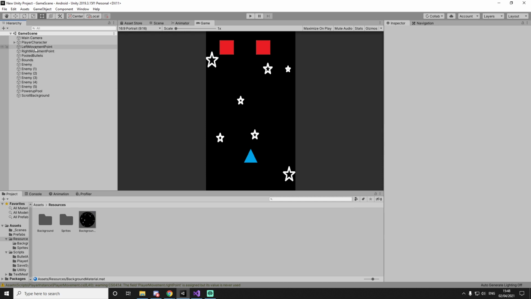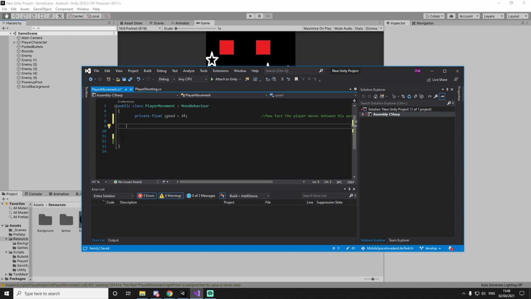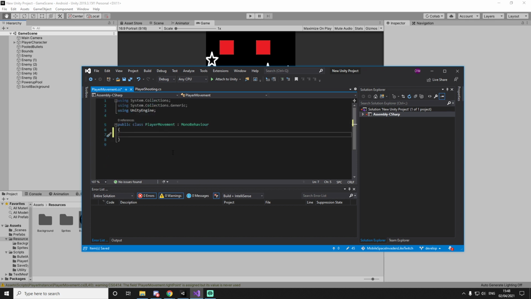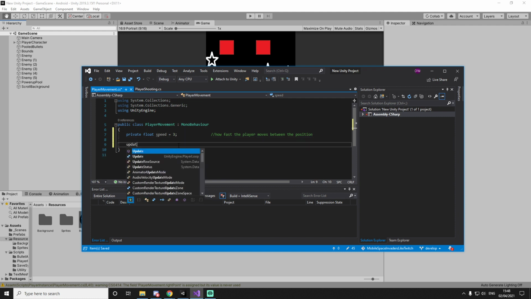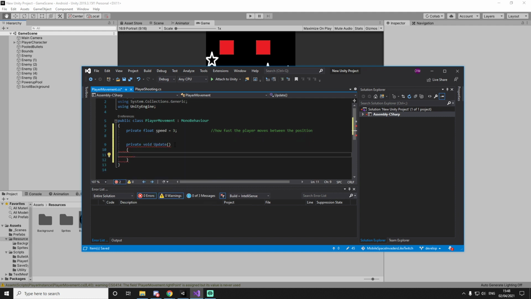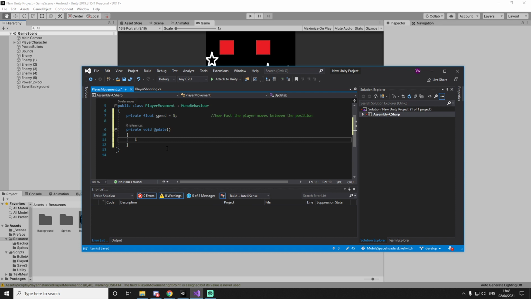That means that our right and left movement points can completely disappear. It looks a bit off. Let's just get rid of everything. There we go. So let's do a private float speed. Let's set it to a value like 3, and how fast the player moves between the positions. Now let's create an update function. And what we will essentially do is we will use if